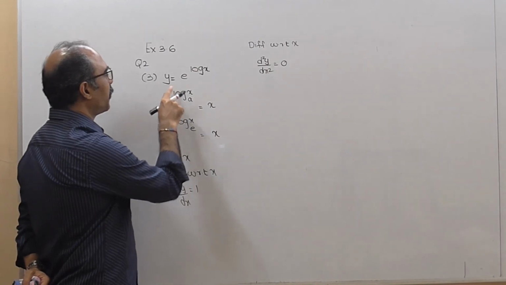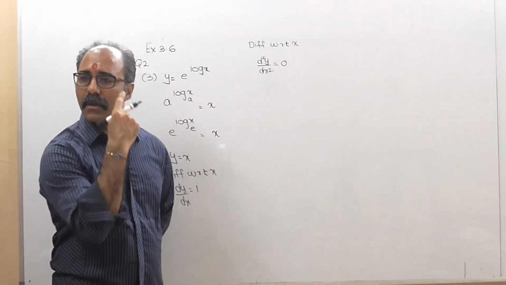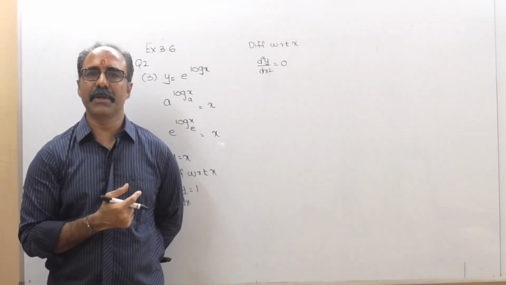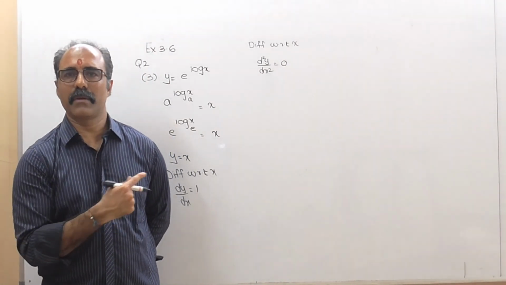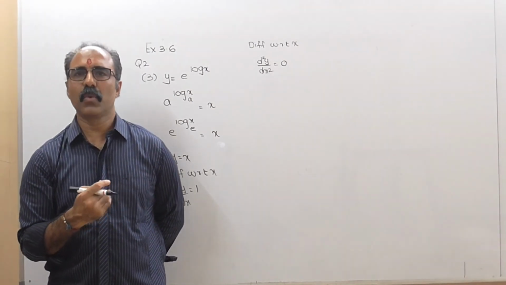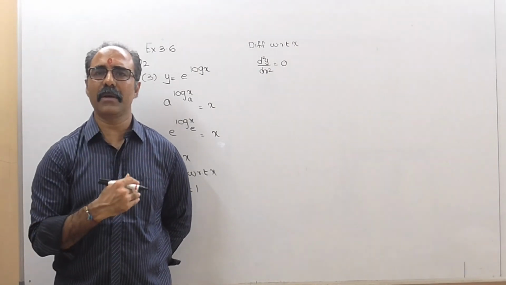There is an alternative way of doing this sum. Instead of going for the lengthy procedure, you can use this method. I am of the opinion that if they ask this question as an MCQ, maybe for a mark, you can use this method and solve it. But if they ask it for 2 or 3 marks, then you have to do the entire procedure as we did in the previous method.